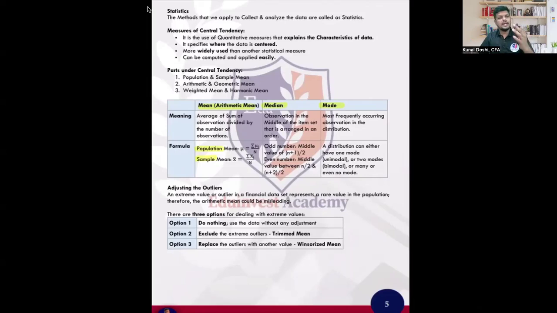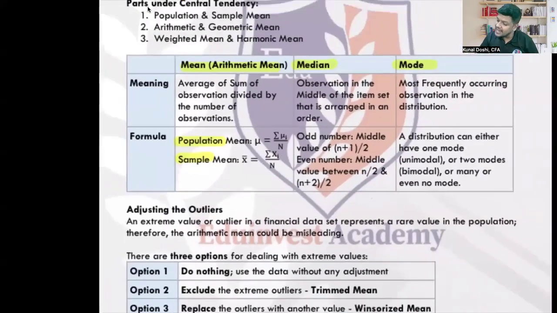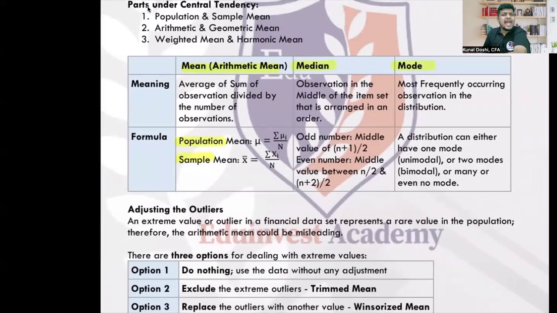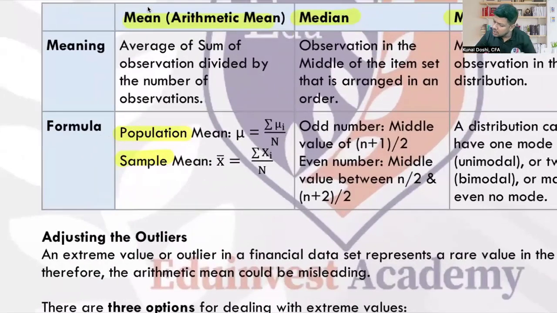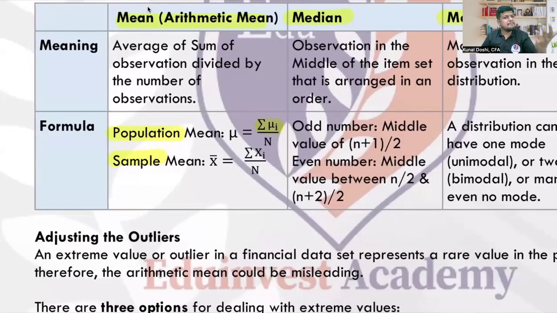Arithmetic mean has two parts: population mean for the entire population, sample mean for the sample. Everyone with me? Mostly for sample mean, you will see a smaller n. For population mean, you see a bigger n. Population mean is denoted by a sign called mu. You see this m and u combination, that's called mu. And sample mean is simply x bar. X bar, mu, these are the definitions. It doesn't matter whether you write big or small n, because in the exam, whatever mean you calculate, you're not going to be confused between population and sample mean.